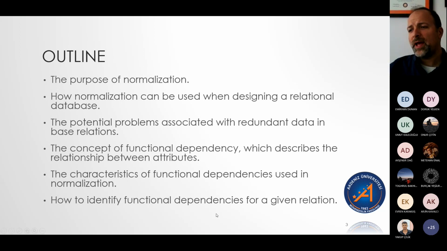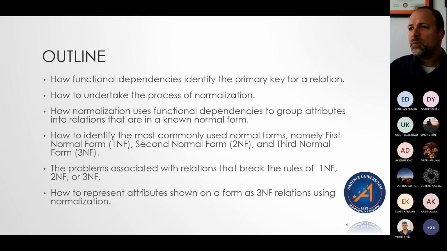We're going to determine how to identify functional dependencies. We can also use functional dependencies to identify what the primary key or a candidate key of a relation is. This particular set of slides, we will talk through the unnormalized form, UNF, which isn't listed here, but we'll get there. Then first normal form, second normal form, and third normal form.